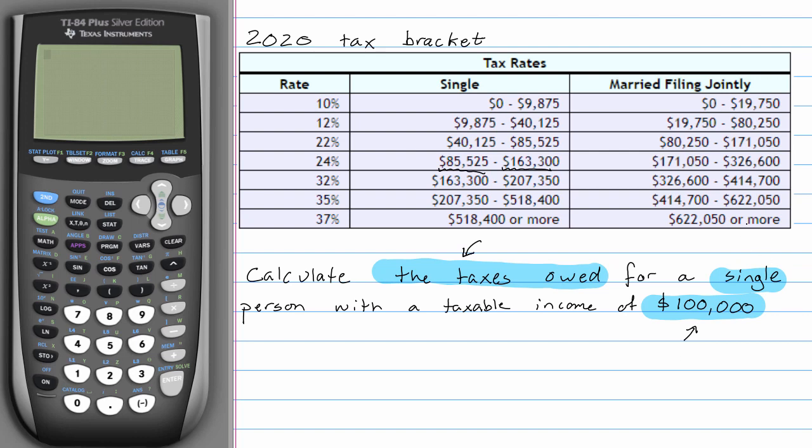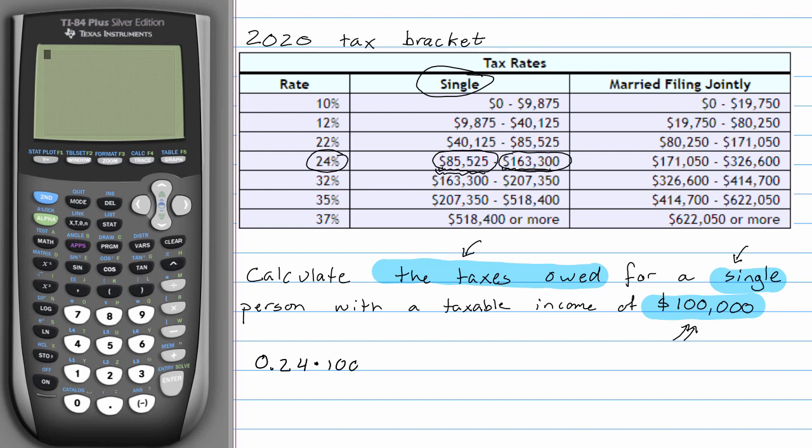So the first thing we look at is we're talking about a single person, so we want to look at the single column in the tax rates. Our single person has a taxable income of $100,000. And that means, well, that's between these two values. So that means that our person is in the 24% tax bracket. Now, it is not the case that that means that they pay 24%